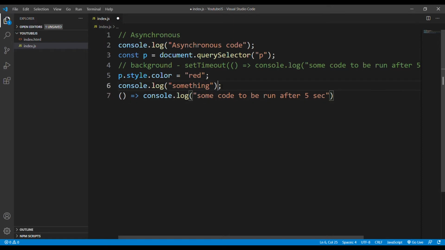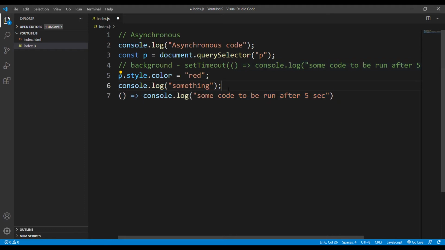Previously it was running in the background, like our timer is running in the background, and as soon as the timer is expired, it will run the callback that it previously registered. So this way our rest of the code is not blocked, and the callback associated with the asynchronous code is run as soon as our synchronous code is finished.